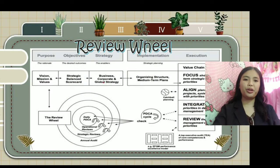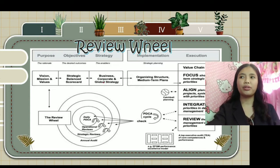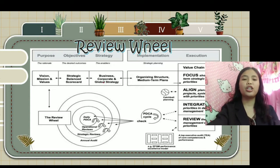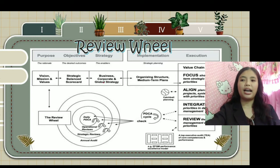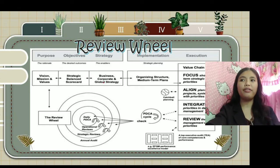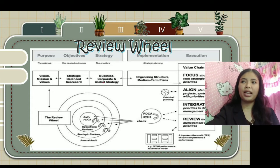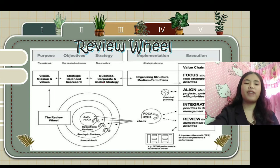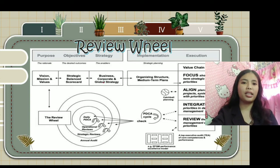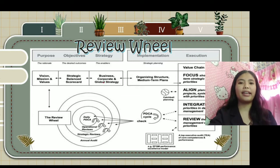So let's proceed to review wheel. As being presented in the diagram, a review wheel is positioned at the bottom left to show the several periodic review levels. As you observe, its core is the day-to-day management of activities where processes are controlled continuously according to the PDCA principle. And the second level is the regular operational analysis, which is frequent and single loop, requiring rectifying and